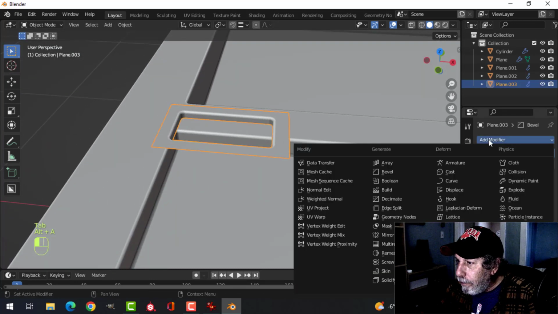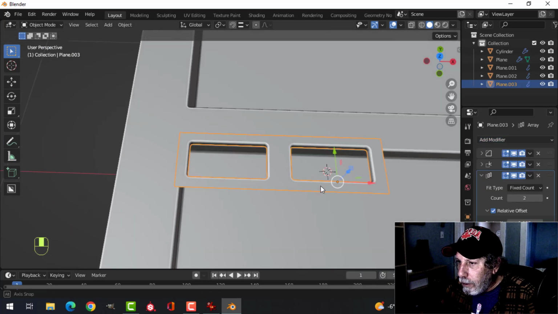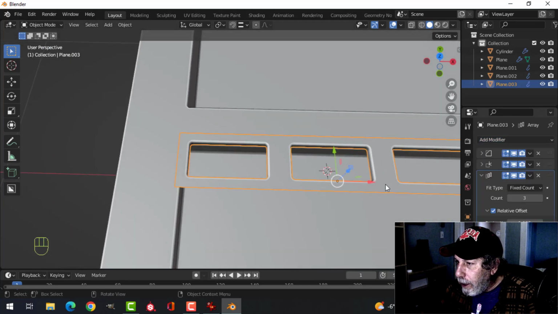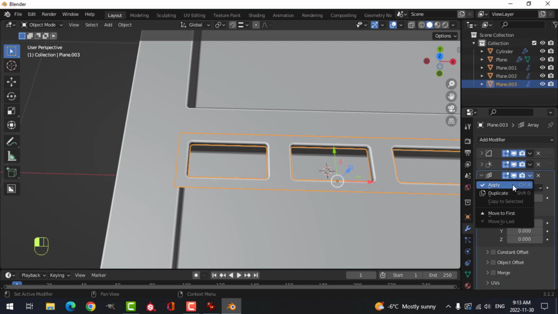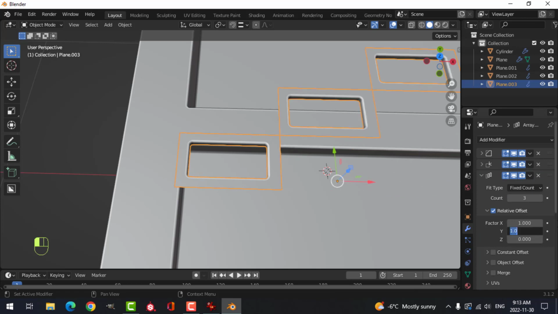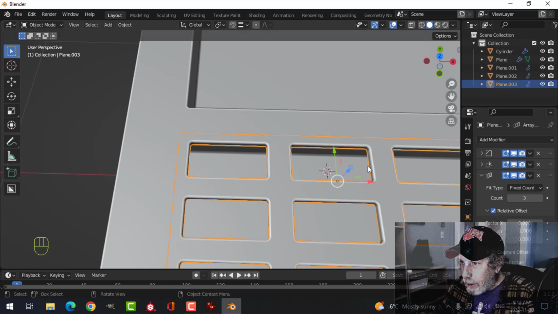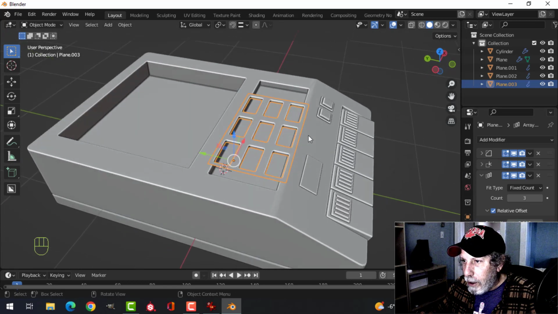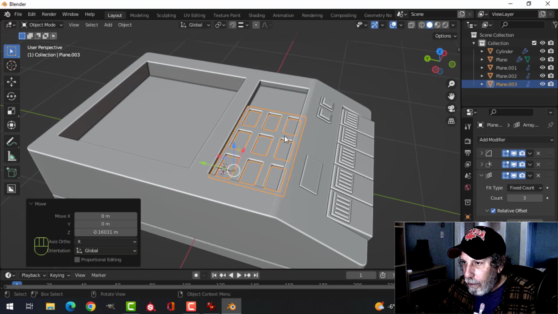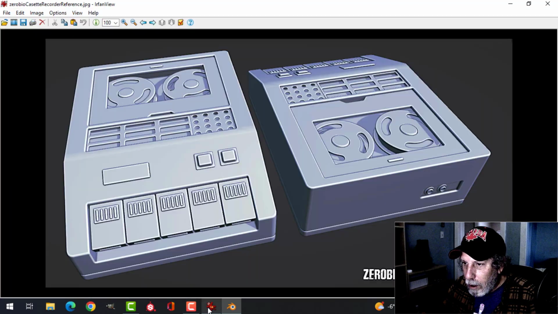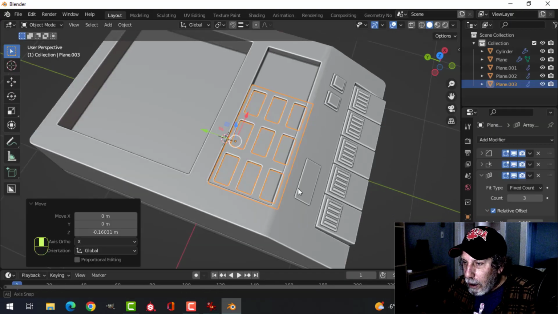Okay, now array. And I might see if I can get 3 that way. And then I'm going to duplicate, no, not apply. I'm going to duplicate it, and I'm going to go down in the Y, probably minus Y. -1 in the Y, and 0 in the X. And we're going to see if we can get this thing to fit, if I want 3 rows, and I think I do want 3 rows. All right, so